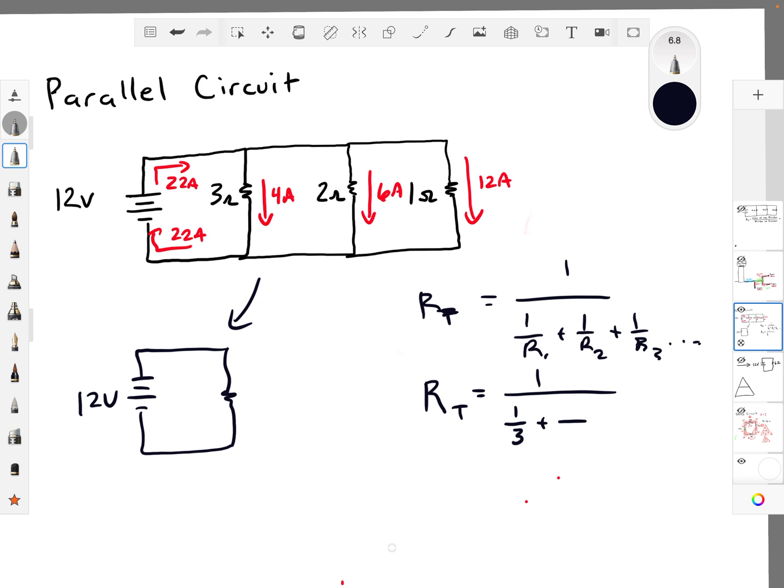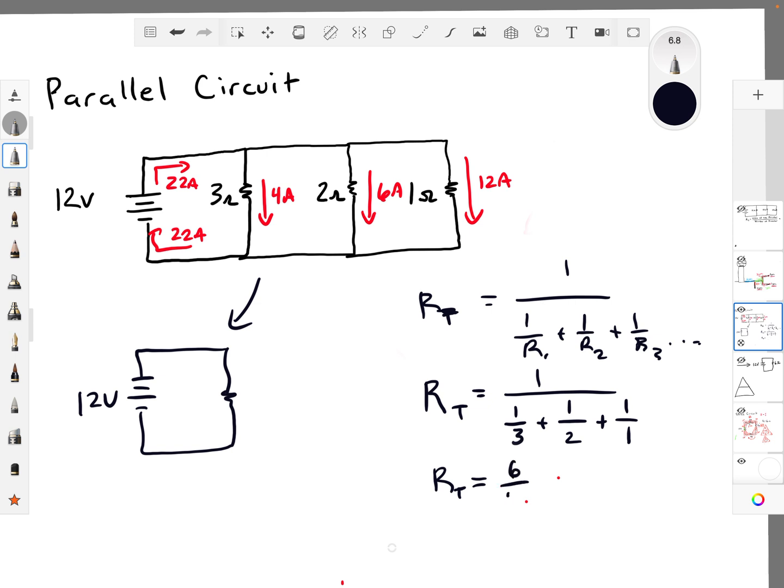Then I'm going to hit the fraction button one more time. I'm going to do 1 over 2. So I go 1, go down, hit 2, hit the right arrow, and then I'm going to hit plus one more time, and I'm going to hit the fraction button again, and I'm going to do 1 over 1, right? 1 over 1 is just 1. If you saw that, you could just do plus 1, but that's fine. And then I hit enter, and what comes out on my calculator is the total resistance of this circuit